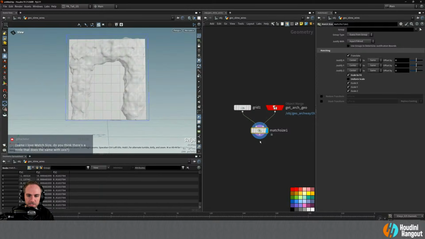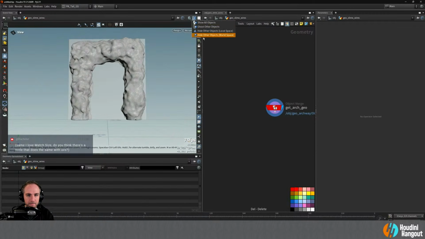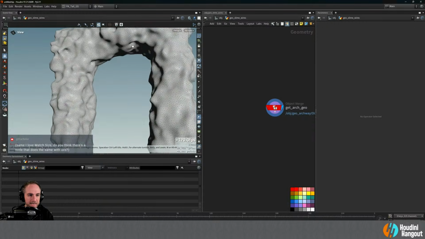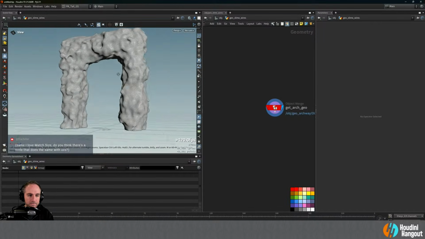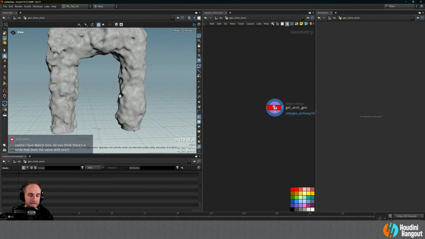So we're going to use the arch, but we're not going to do this. So just save us a second of time. So let's hide the other objects. And so what we need to do is we need to get this inside kind of arch surface. And so what we could do there is actually